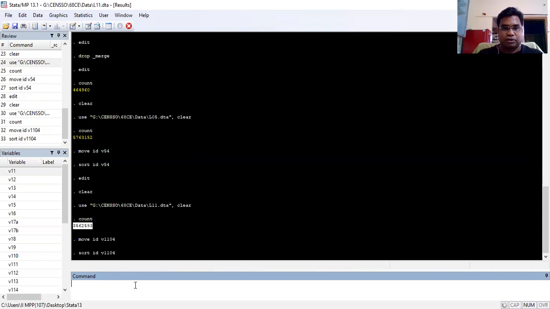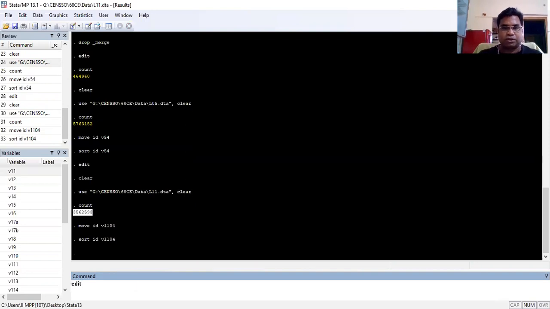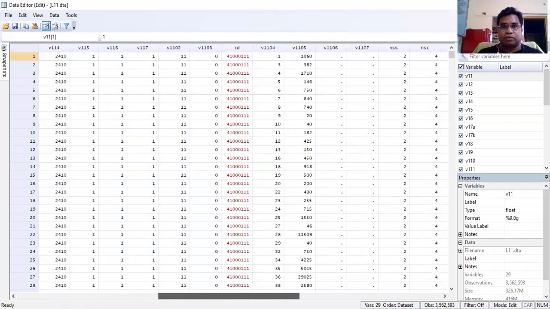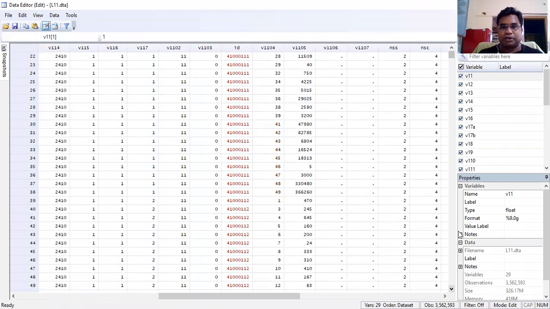Now let me go to the data editor to see what has actually happened. Check once again, corresponding to household 1, that is 111, these numbers are getting repeated till here.